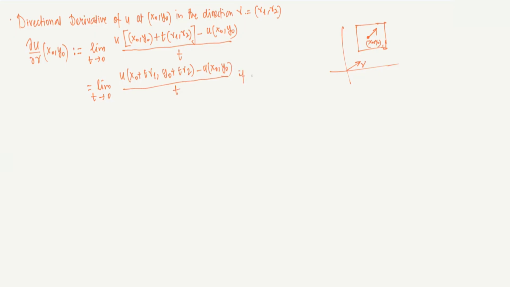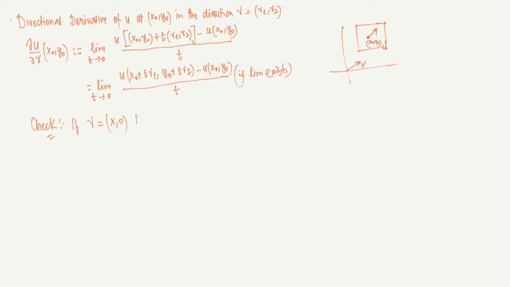If this limit exists, then we call it a directional derivative of u at the point x naught y naught in the direction gamma. Is it okay? So you can check that if gamma